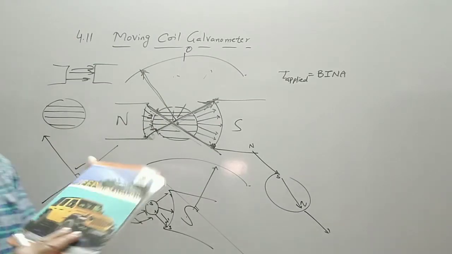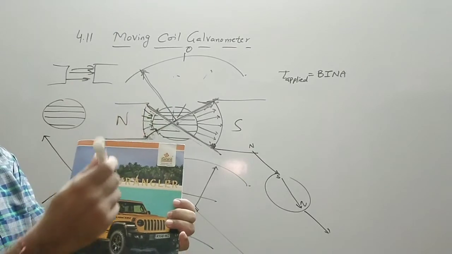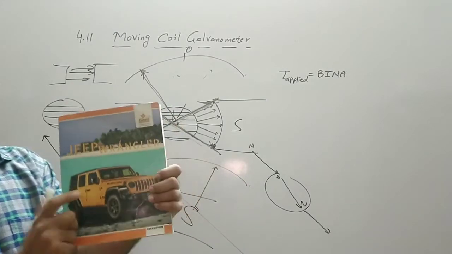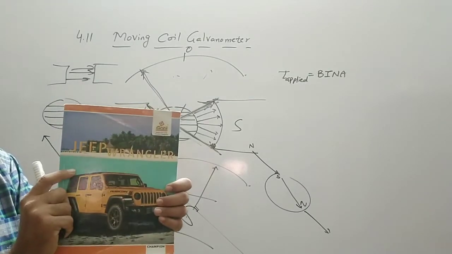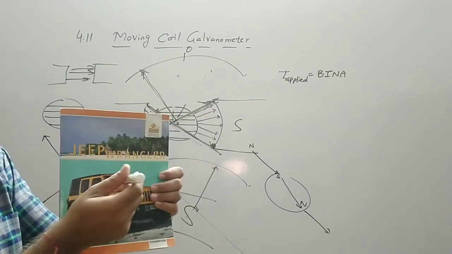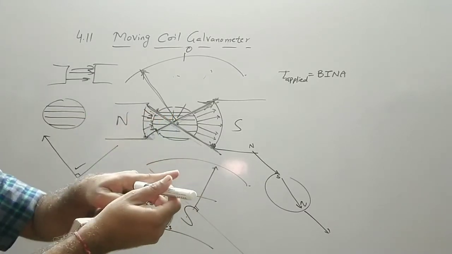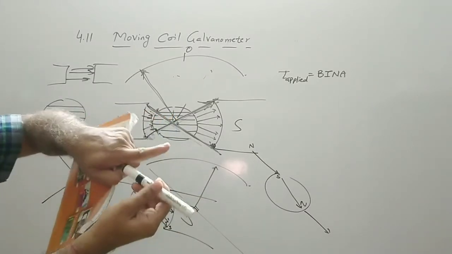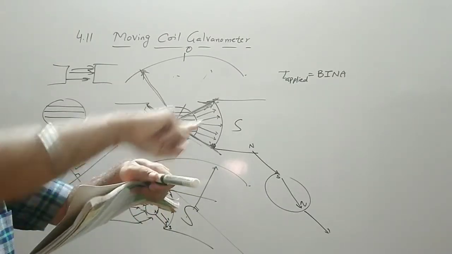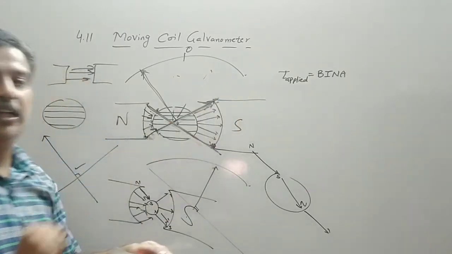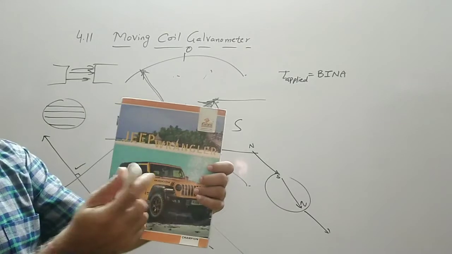So if we have this as a coil, this as a pointer connected to it, the area vector, initially if I keep it like this, is the magnetic moment. Now when it starts its deflection, the magnetic moment is to this side. If the magnetic field is straight like this, it makes an angle. But instead of these magnetic field lines, I will take these magnetic field lines. So you have to try to understand this.